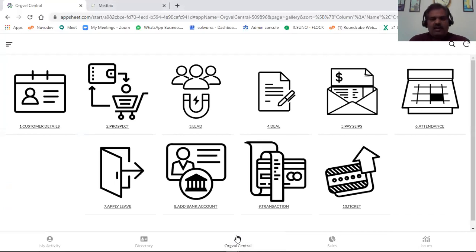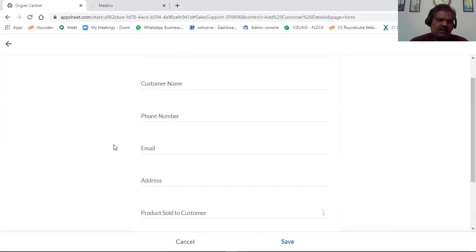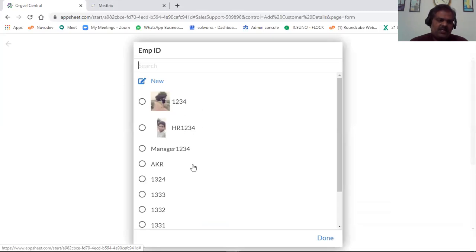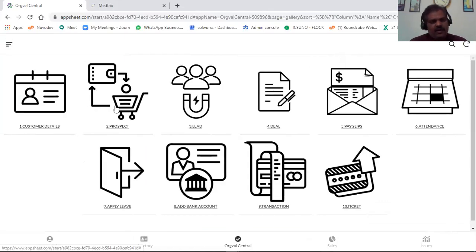This is an app done for, or this is a simple kind of flow. If you see, we have captured everything for a complete sales team, where they start entering the customer details. It's just minimal data that they enter with the form, and you can also have the details of who's entering the data, so it is all clear. So whose customer he is from the sales team can be very clear. Then, as we already saw, this kind of prospect, lead, deal approach.